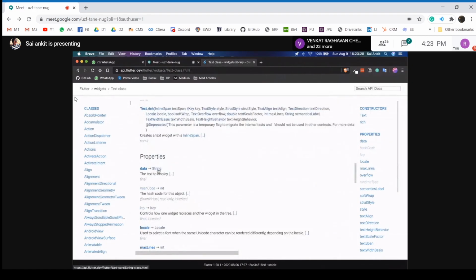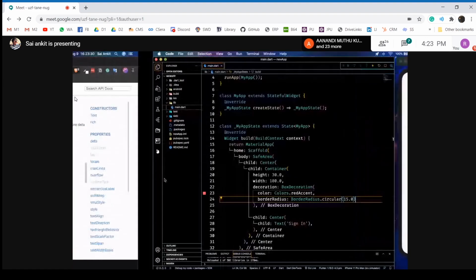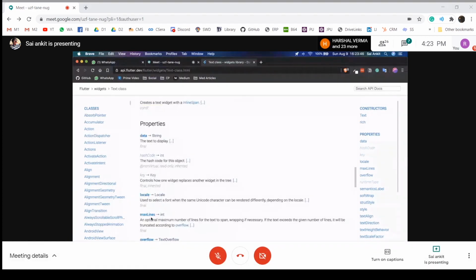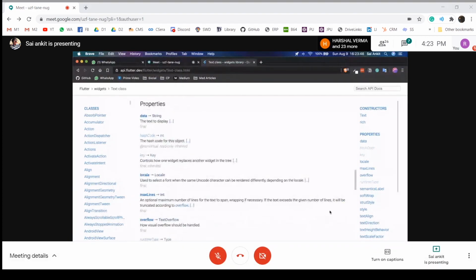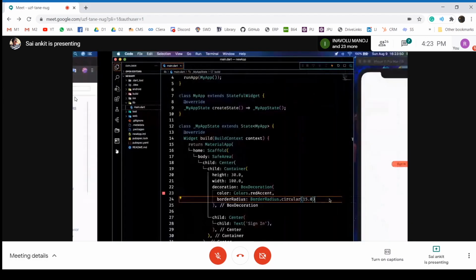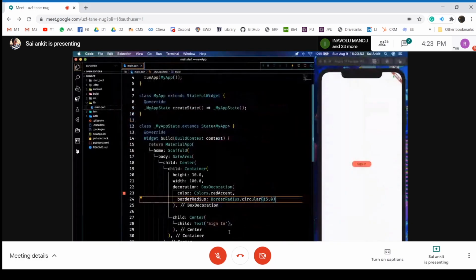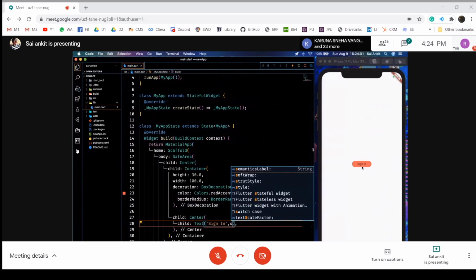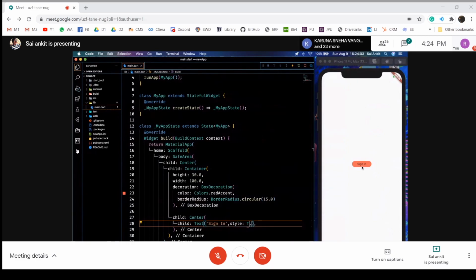So data is the string, the text to be displayed. So the data we are presenting in here is a string. String is nothing but, like integers, floats, right? In a similar way, there are strings. Strings are like character arrays. So that's what you want to present on the screen here, the data. And then you can see locale, maxLines, overflow. You can read everything in detail if you want to know much deeper into Flutter. It's available completely open on the Flutter docs. So you just want to decorate this. There's no decoration in the Text widget, but another similar thing called style. And then you would write in the TextStyle widget.